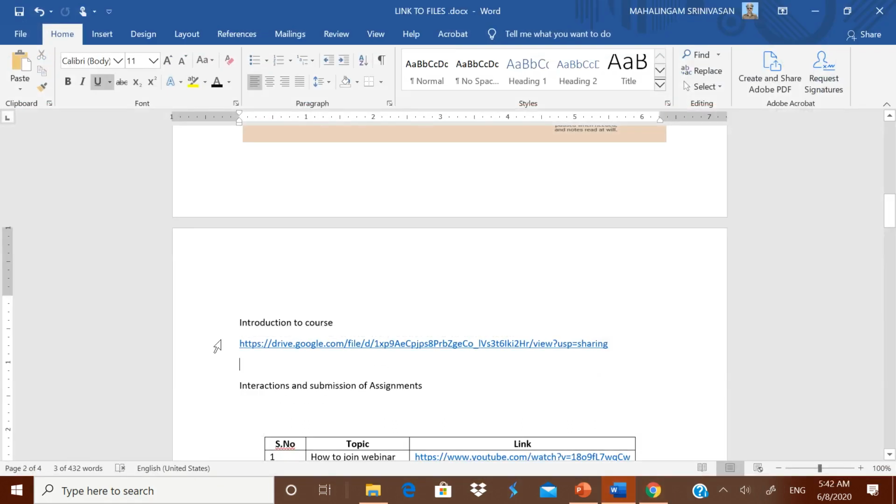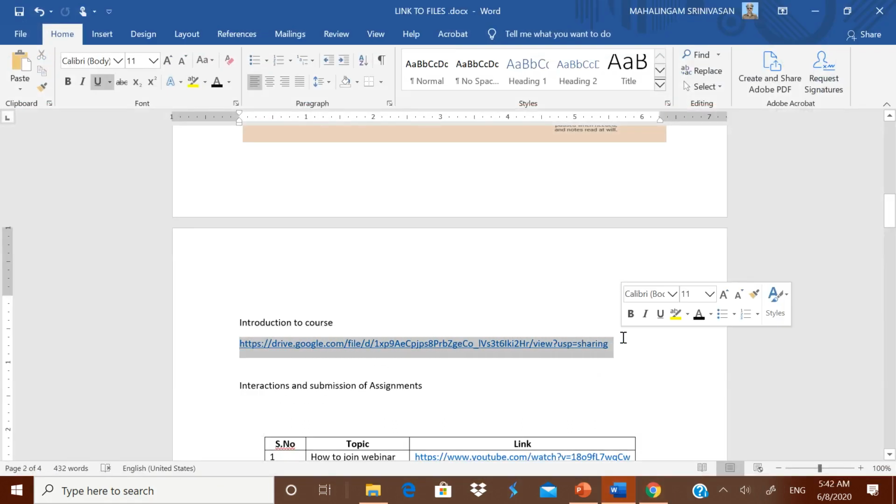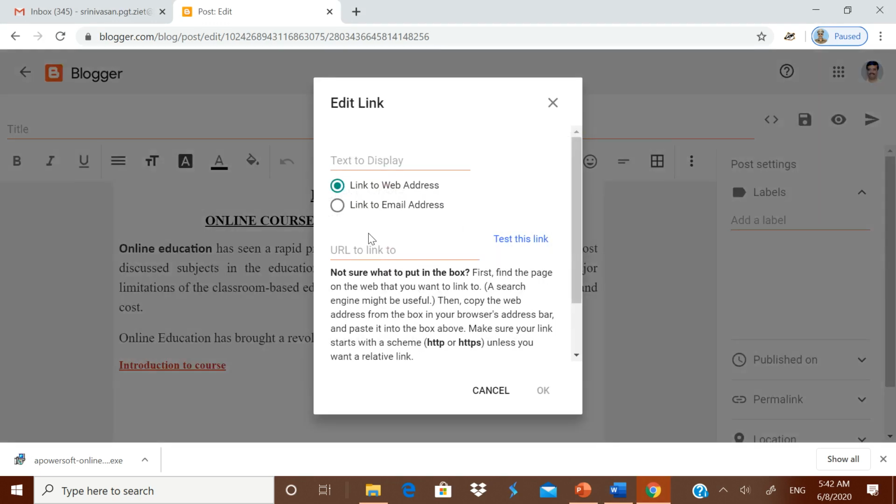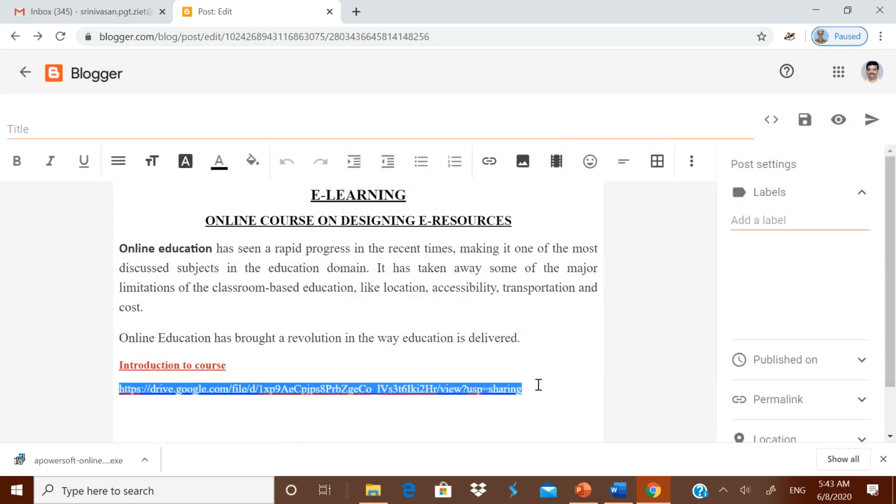Now I am going to give the link so that anybody having the link can click and see this file. But be careful, don't copy the link as it is. Now it will not open in the blog. What you have to do, don't do it. Okay, go to this link, create, then link with web address. Now you paste it over there and then okay. Now the link will work over here. Is it okay now? Okay.